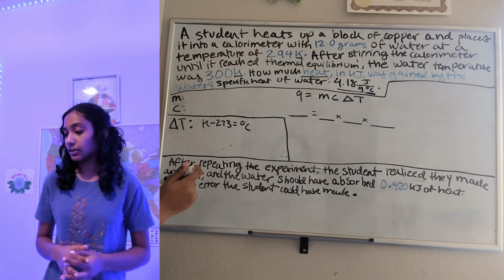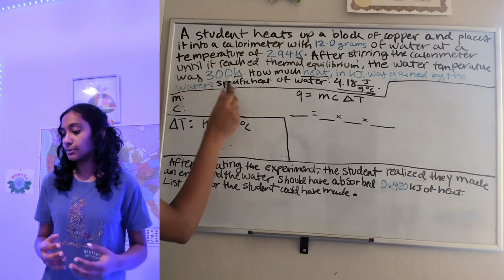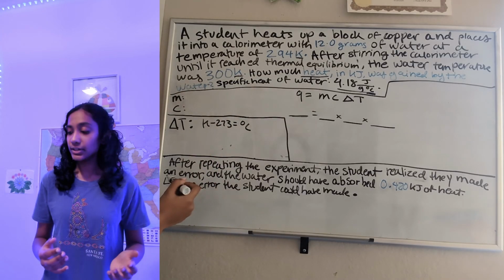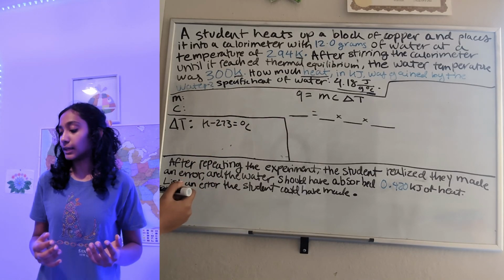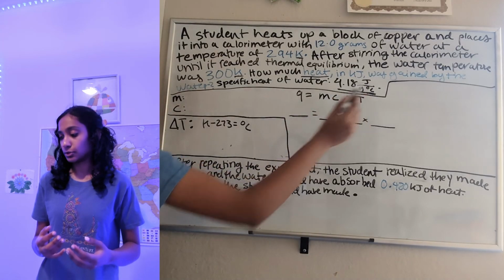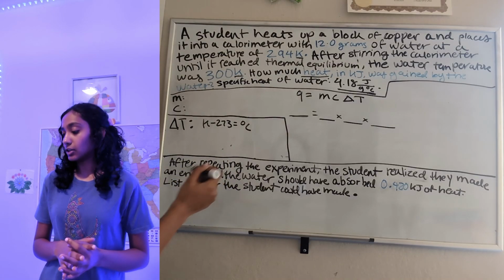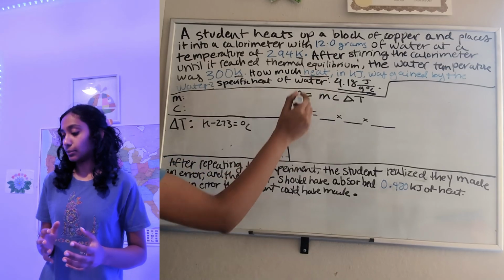After stirring the calorimeter until it reached thermal equilibrium, the temperature of the water was found to be 300 Kelvin. How much heat in kilojoules was gained by the water? So the specific heat of water is 4.18 joules per gram degree Celsius. Okay, so this problem tells us to solve for Q, which is the heat gained by water, and it